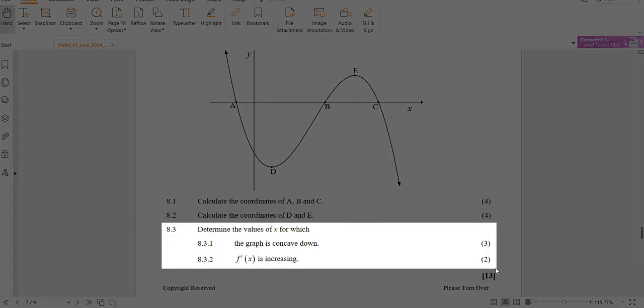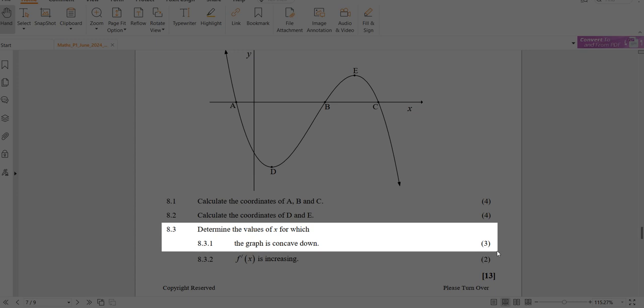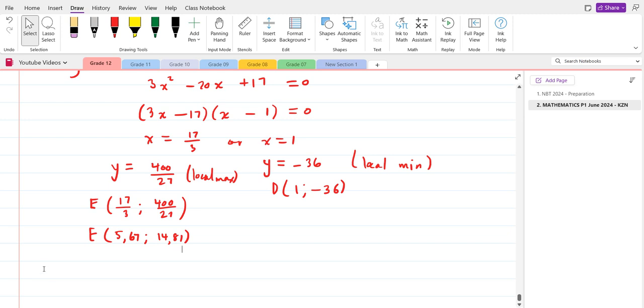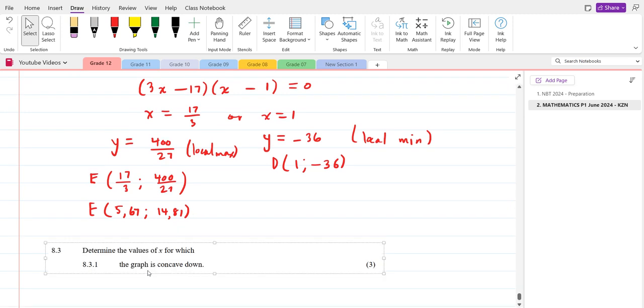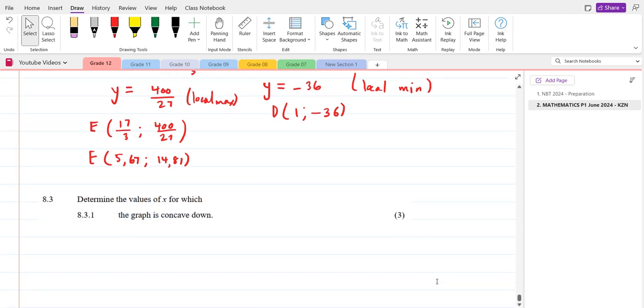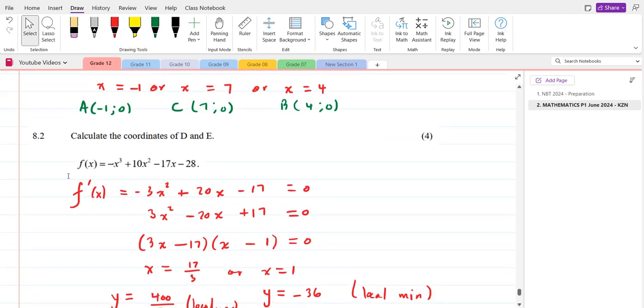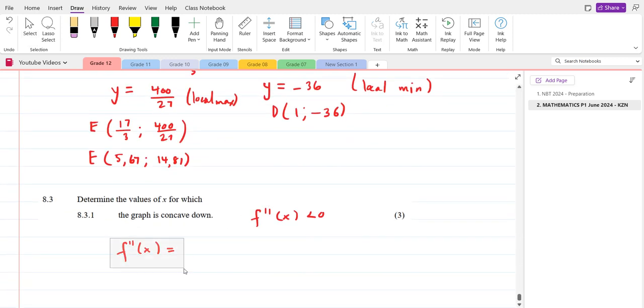Determine for which values of x the graph is concave down. Concave down. Find f double prime x. All right. Concave down means f double prime x less than 0. Concave down means f double prime x less than 0. So what's f double prime x? Right, so we need f prime x. The original f prime x, alright, that's what we need. The original f prime x was